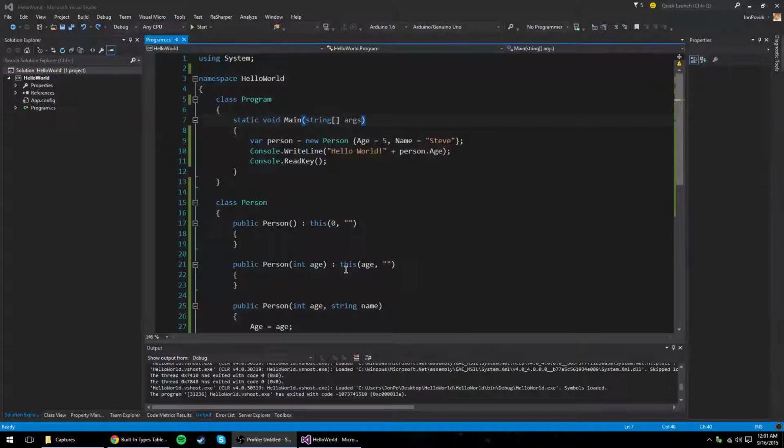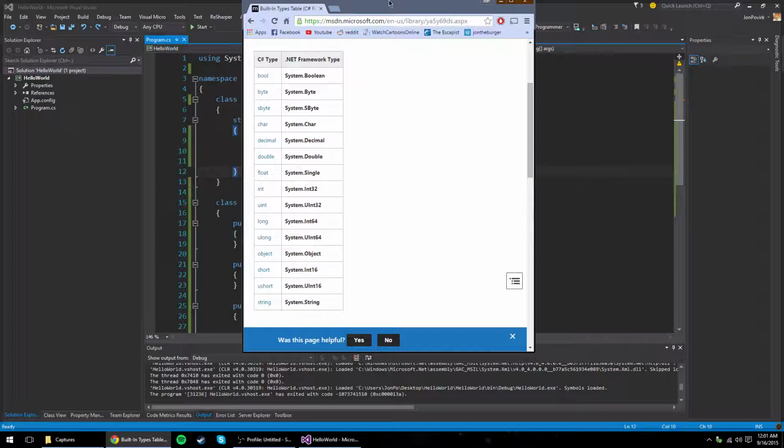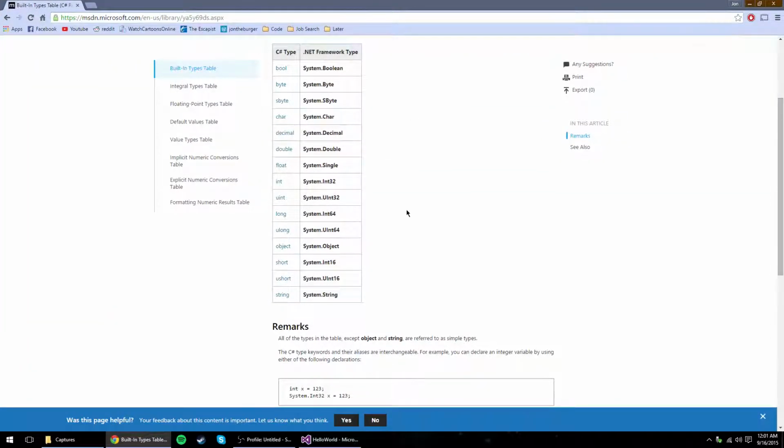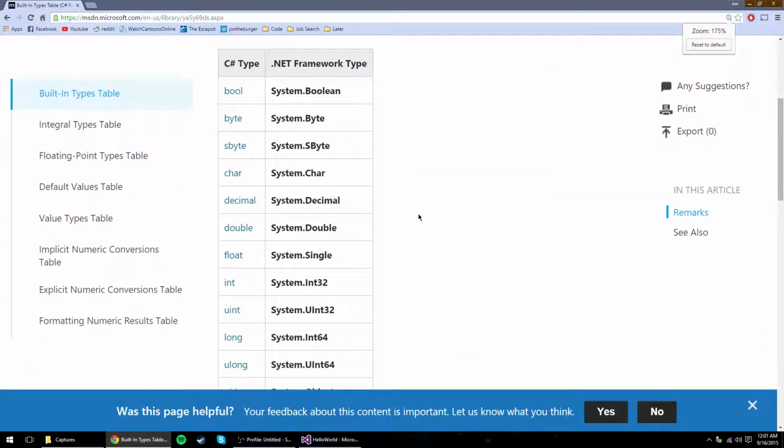Okay, so I'm going to take a moment here to talk about the different types in C#. The types in C# are quite similar to those in Java, and actually I brought over this guy. So we're just going to take a look at the MSDN article on it quick. Okay, so notice that